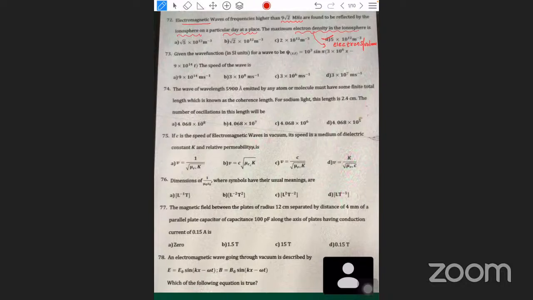Look at this question. Given the wave function in SI units, the wave function is this. They are asking you to find the speed of the wave. Speed of the wave means you have to find V, isn't it? Now, this is called the amplitude, the general equation of the wave. Sine, I will multiply this pi inside. So it will become sine of 3